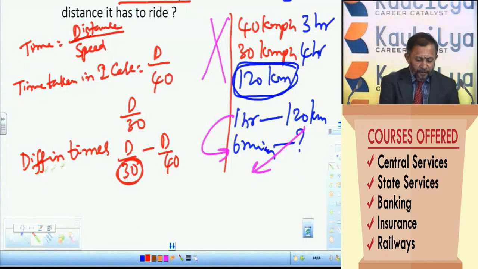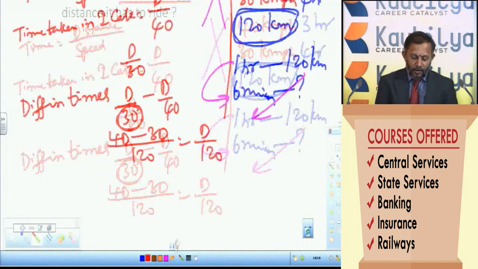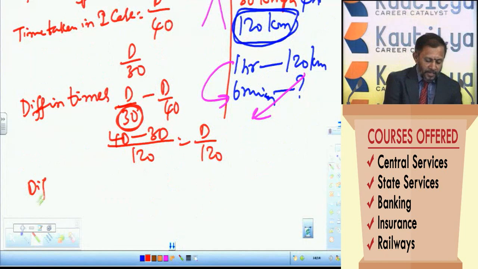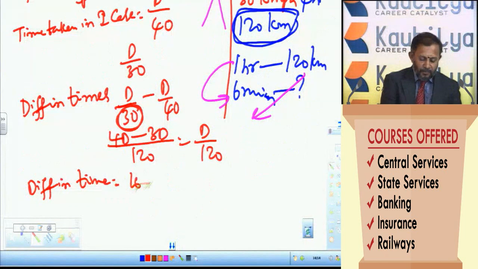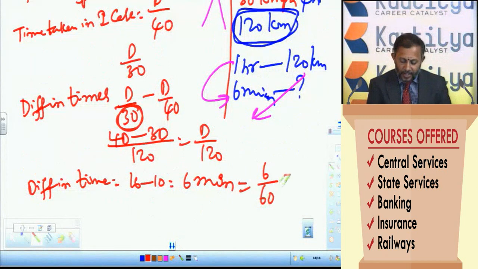So the difference in the time periods is d by 30 minus d by 40, and you have to take 120 as the LCM, that is 4d minus 3d. So d by 120, that is the difference. And here you have to mention the difference in time periods is 16 minus 10, that is equal to 6 minutes. 6 minutes time, right? So that is equal to 1/10 of the hour,